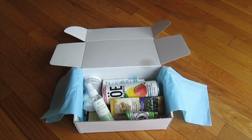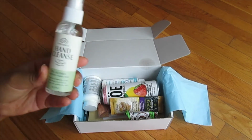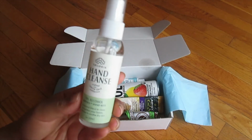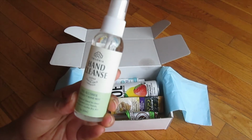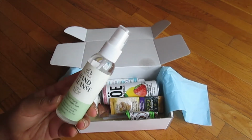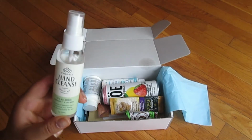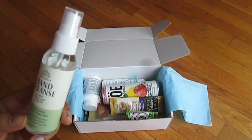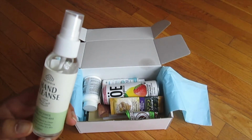Okay, so the first thing I'm going to talk about is this hand cleanser. I love the packaging, it's so sleek and clean and neat. This is the Trelloja hand cleanser, crafted in Santa Cruz, California. It is a natural hand sanitizer, so it's not like Purell, which can have some harsh ingredients. This is 70% alcohol. It has terpenes, and it's a botanical blend to clean your hands with aloe and